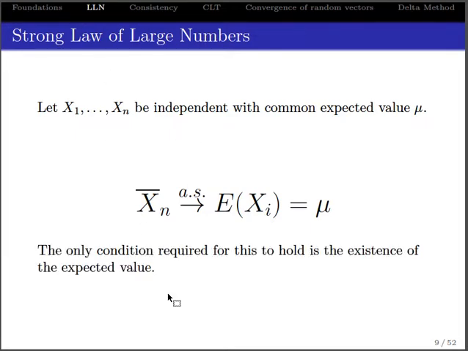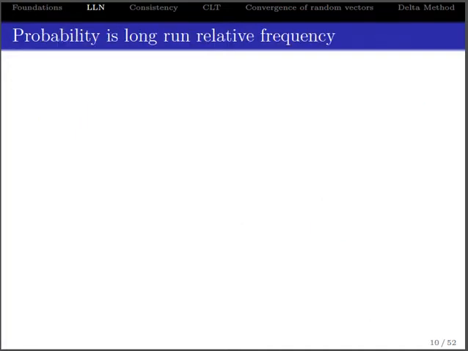And the only condition required for this to hold is the existence of the expected value itself, even though it's sometimes proved under conditions of finite fourth moments for relatively medium grade classes. But the real thing doesn't require the existence of fourth moments. It only requires the existence of that common expected value mu of the target. The idea that probability is long-run relative frequency, which is what the frequentists believe, is justified by the strong law